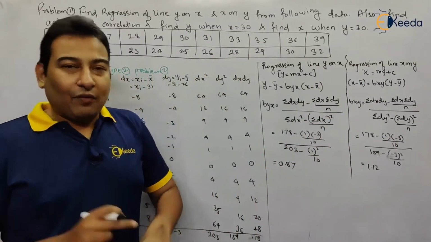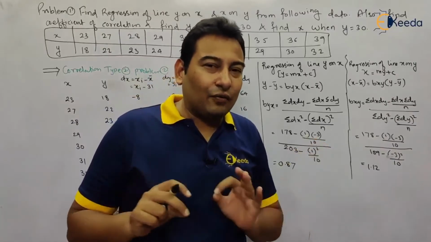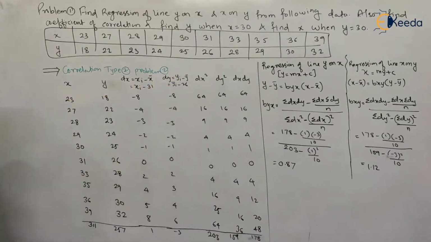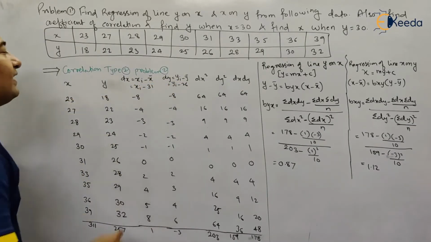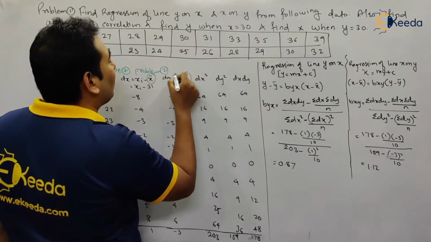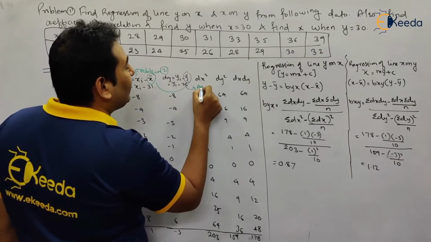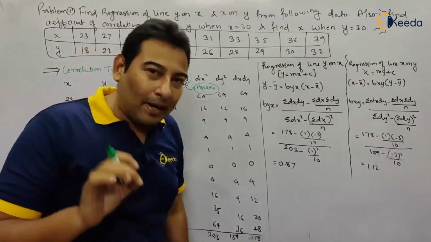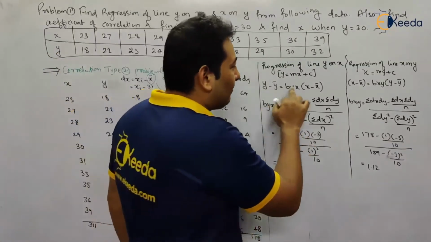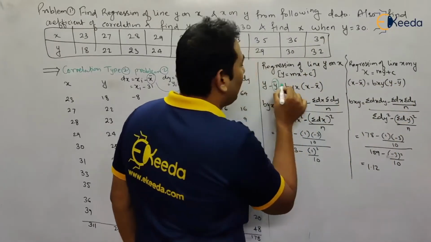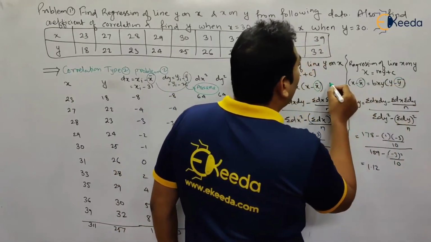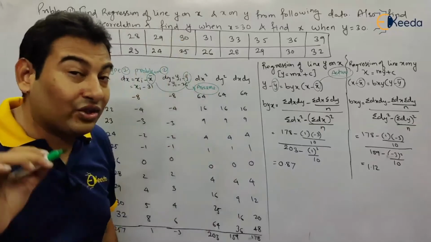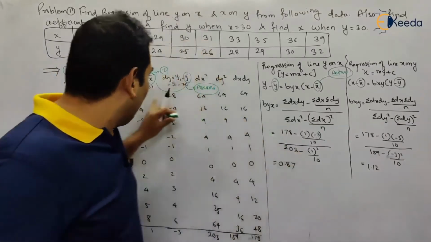First of all, there is a general confusion in students' minds. See here, this x bar and y bar are assumed x bar and y bar, and the detailed explanation is given in type number 2, problem number 2. Go back and check. But here, the x bar and y bar in this formula, this one, this one, are actual, not assumed. Please make a note of that, this is very important. This is your assumed, this is your actual.